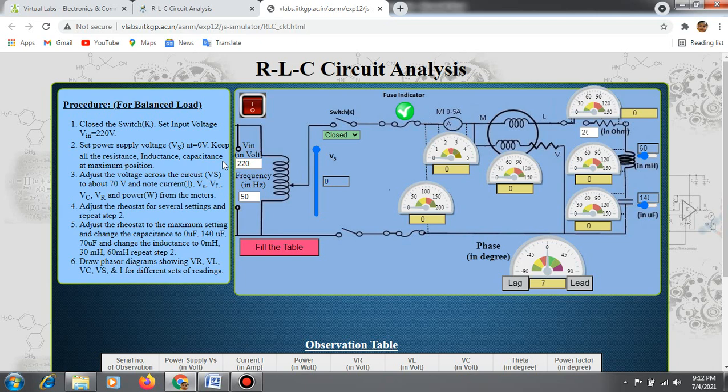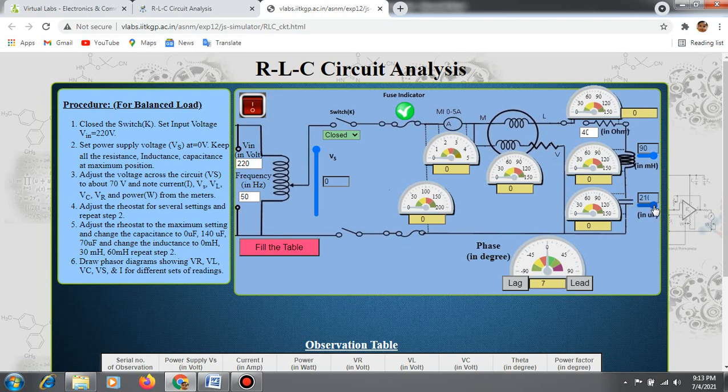This is the second procedure. Here they have already set the value as 0 volt. This is our Vs value, which is 0 volt, displayed here. The resistance we have to set to the maximum value, the inductance to the maximum value and the capacitance to the maximum value.